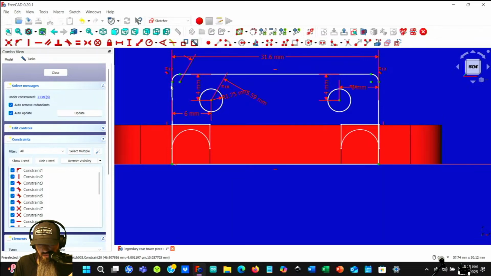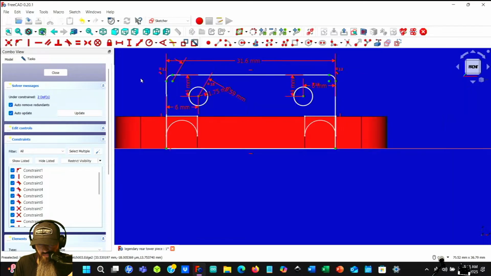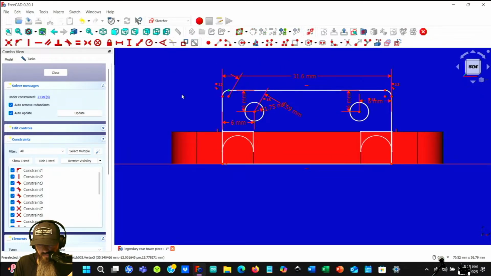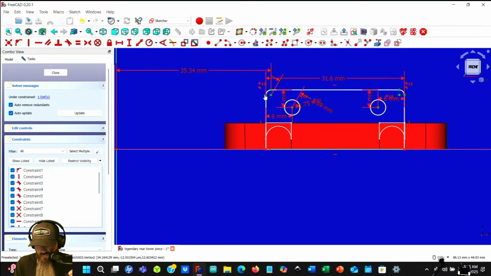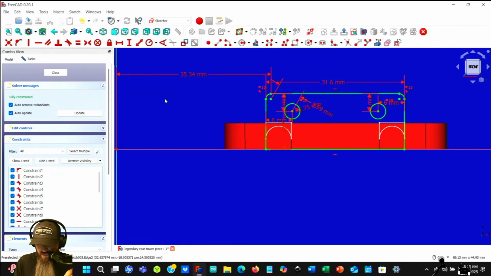Still says 2. Okay, we need to define how long this thing is, which is going to be 12.7. So from there to there needs to be 12.7.